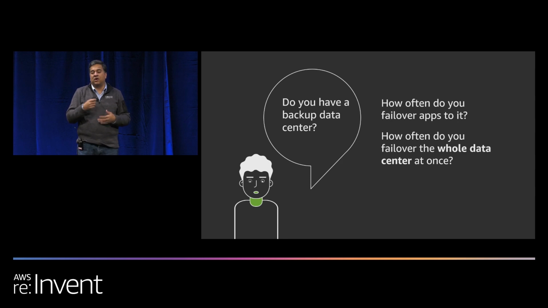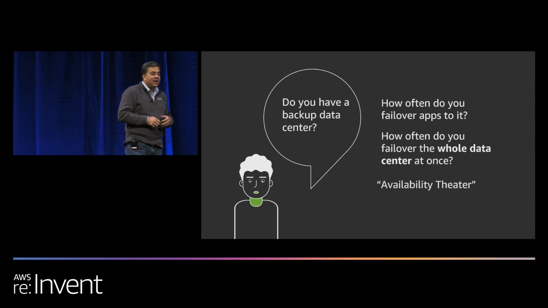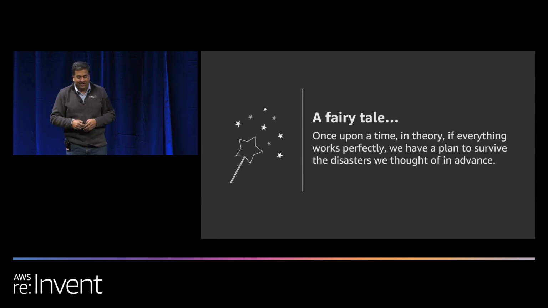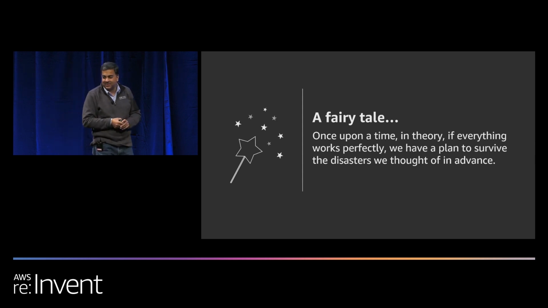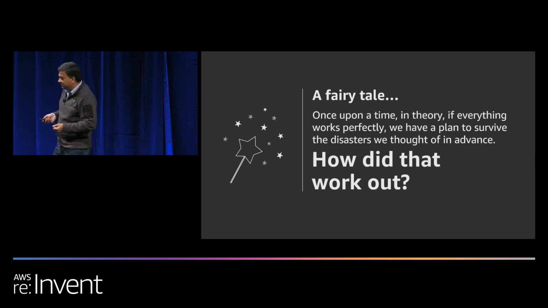This brings out a lot of complexities, right? And if you don't do this testing continuously, then basically it boils down to availability theater. Basically, I have something good on a book, but I have not practiced it, and it's like a fairy tale. Okay, if everything was good and happy, we would be running, but in case of a disaster, we don't know what happens, and you don't want to be in that situation, right?